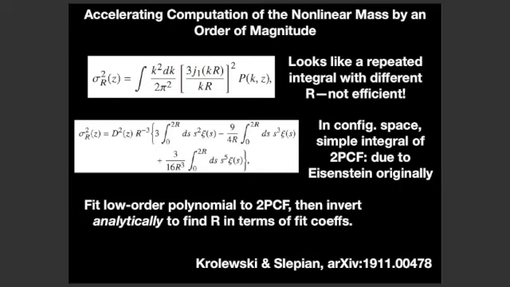So the naive way to find that R would just be you do this integral for a number of different R, and you do a root find. You basically say, okay, I overshot here, let's go back a little. And that's inefficient because you're going to have to do of the order of 10 or 20 integrals with different R to do that root find. However, if you rewrite this formula in configuration space, this 3J1 over KR actually is just the overlap integral of two spheres.